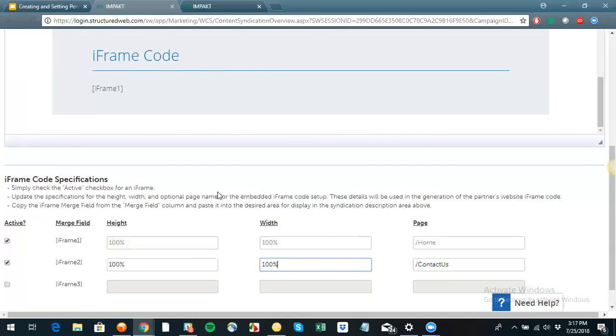Okay, so basically, as I see it, it's a way to facilitate partners, redirecting them straight to where you want them to be, at the content syndication. For example, I've seen some cases where content syndication is more than one page or spread out across different pages. So providing different iframe codes could serve as a shortcut for partners to jump straight to the page you want them to go to, such as the contact us page, which is a page that people visit frequently, instead of having them go through the whole process of going through home and having to scroll through the different